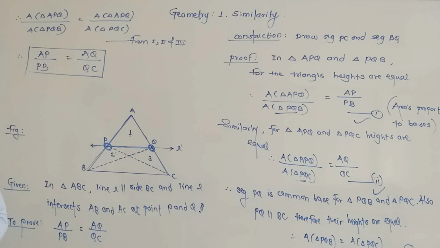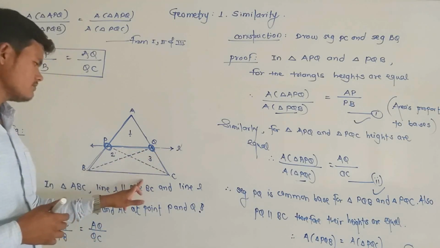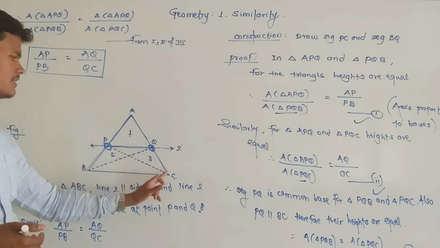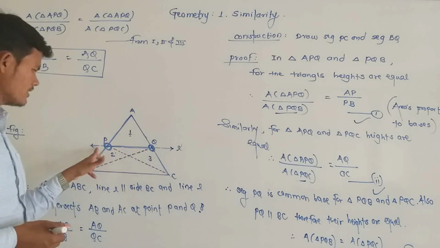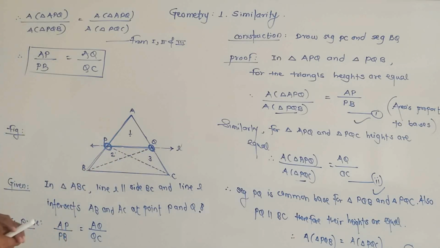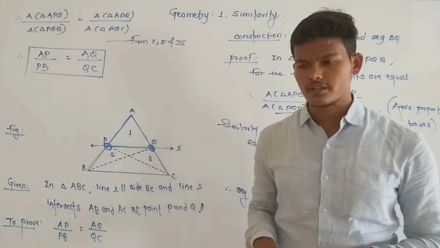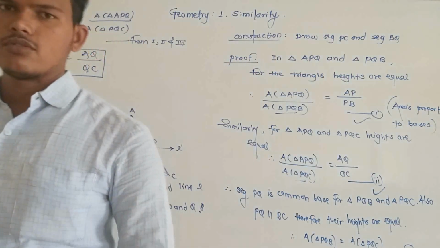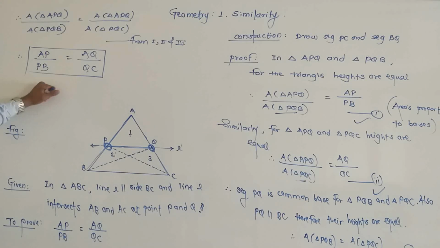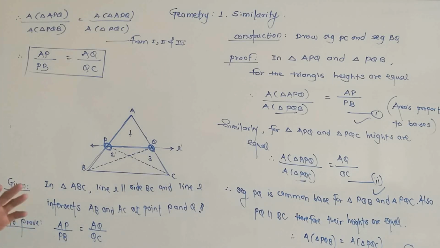So what does the basic proportionality theorem state? If a line is parallel to a side of a triangle, it divides the remaining sides in two distinct points, then the sides divide in the same proportion. So the line divides those sides in the same proportion, that is what it means. So this is our first theorem, which is very important for the board examination for 3 or 4 marks. So see it properly and write it down or note it down.